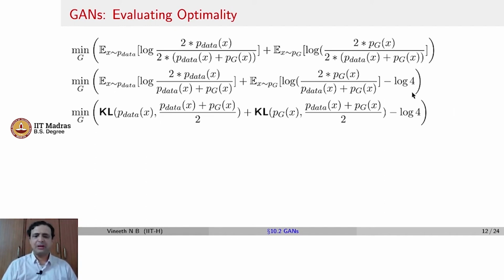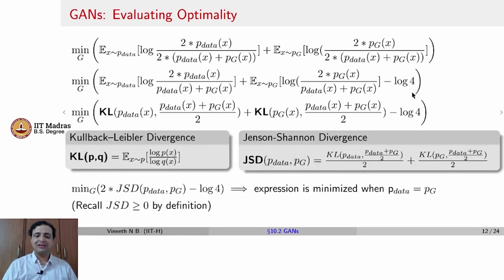Now let's briefly review some standard notations and definitions. Remember, KL divergence is given by, in this case, to simplify things, expectation x belonging to p. Instead of p log p by q, I can write it as expectation x belonging to p log p by log q. And Jensen-Shannon divergence, which is another divergence measure to measure distance between two probability distributions, is given by,